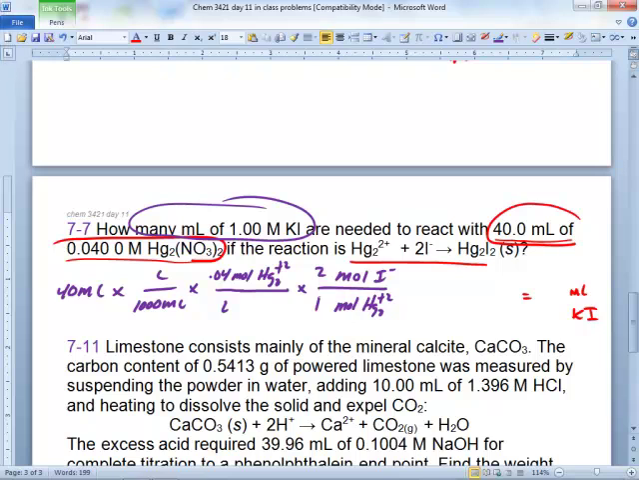If you're not comfortable seeing KI being the same as I, no problem. You can just write in 1 mole of I has 1 mole of KI. They're the same thing. If you're not comfortable writing the concentration right away, it doesn't hurt anything. All right, now we have 1.00 moles of KI in a liter of that stuff. And then they want it in mLs, so,